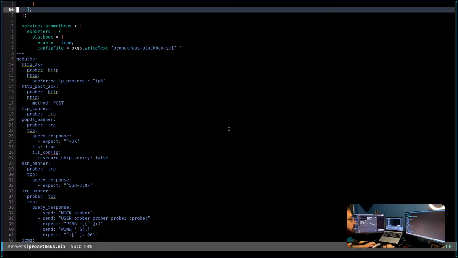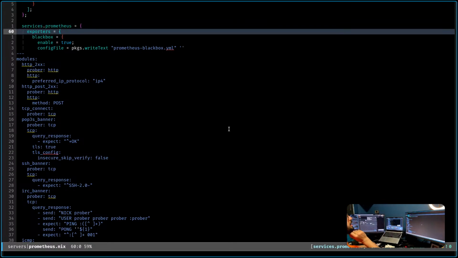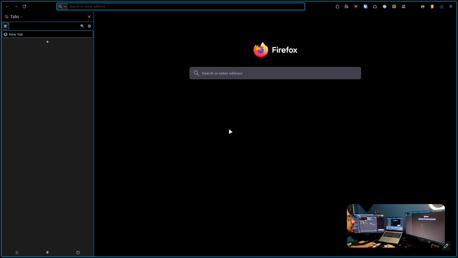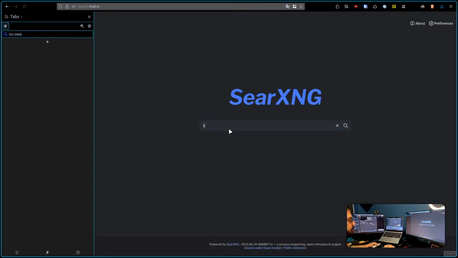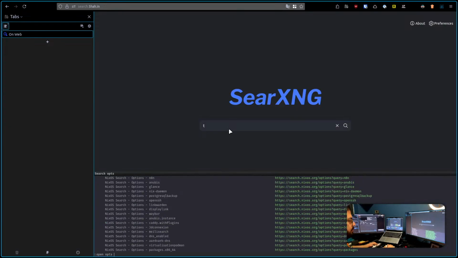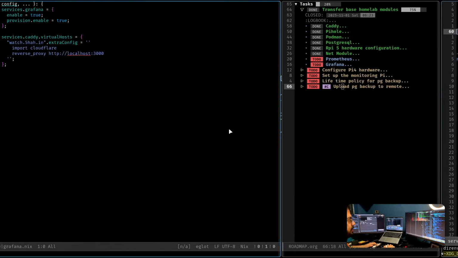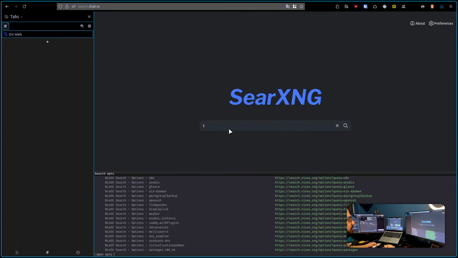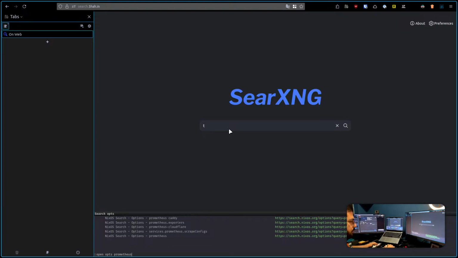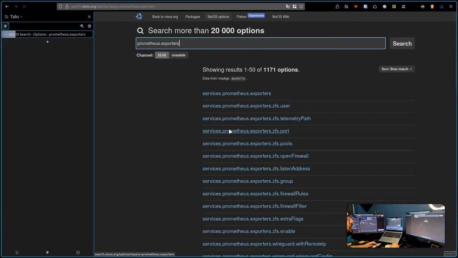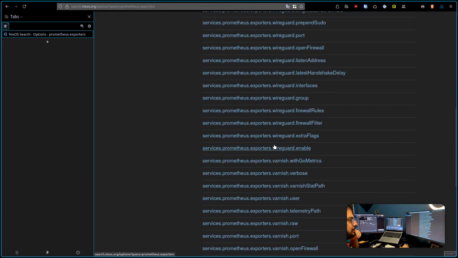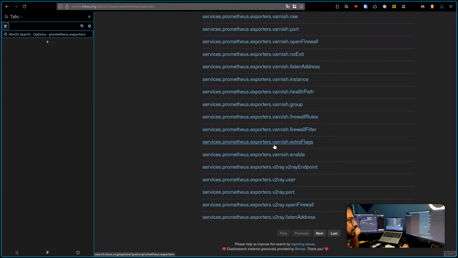But there are a few things that I don't understand. Let's open another browser and options. What is it called? Prometheus exporters. Yeah, I've seen this one before. WireGuard, varnish.